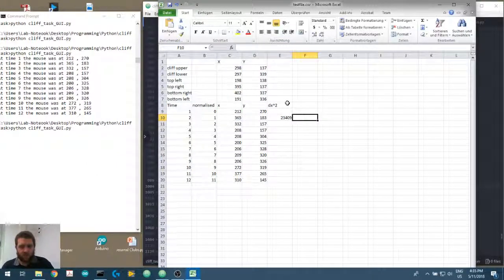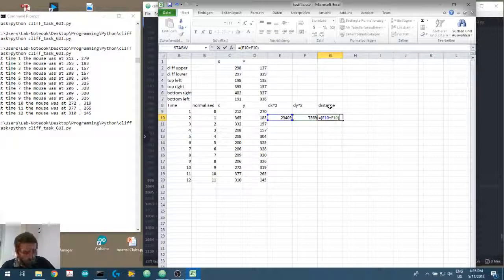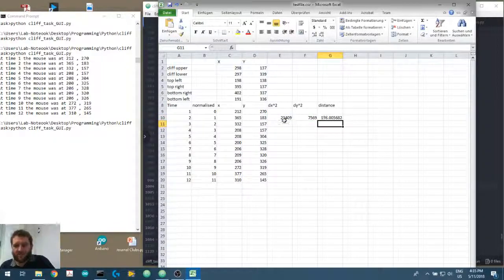And then we want the change in y position, and then what we want is the distance. So we know that the distance equals the change in x squared plus the change in y squared. We take the square root and we raise it to the power of 1/2,